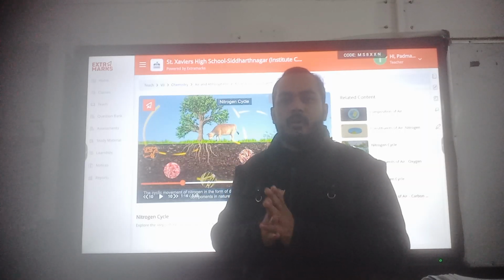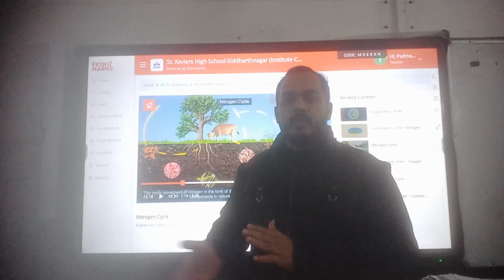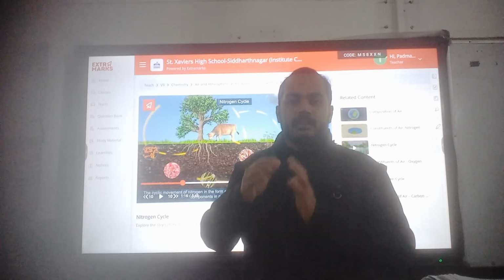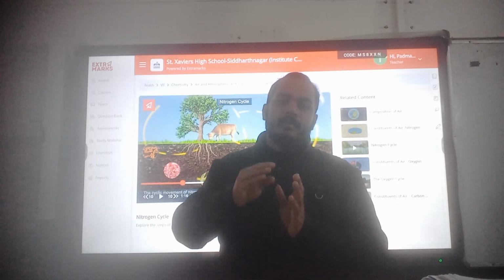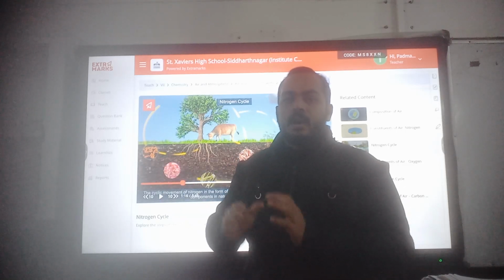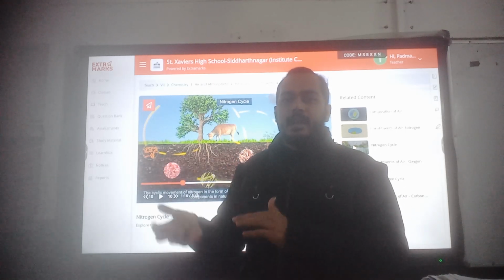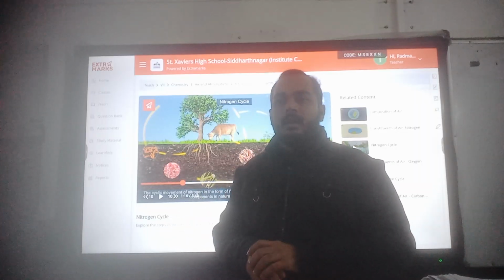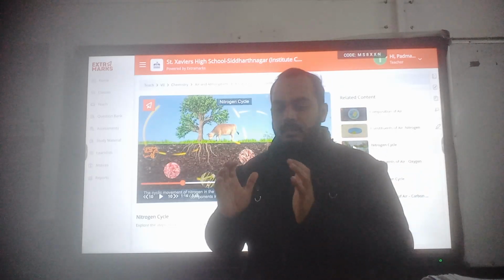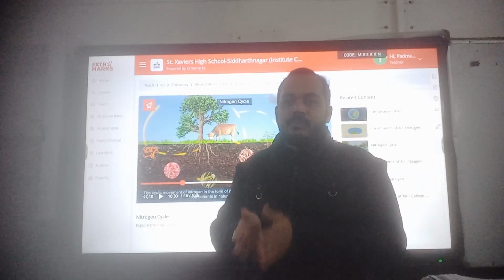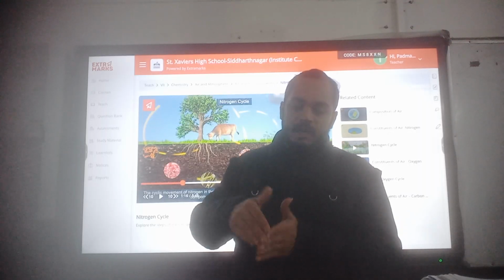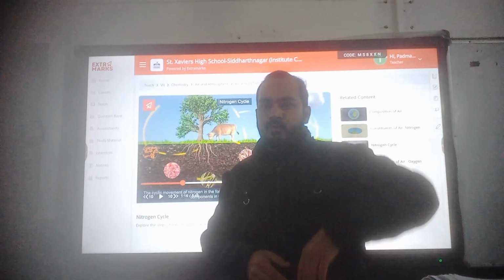The remaining will be stored in the edible parts, and herbivorous animals will consume these plants. In that way, some quantity of the nitrogen is transferred to the animal body. After the death and decay of the plants and animals, this nitrogen remains in the soil. Then by the ammonification process, the ammonia or nitrogen is dissolved in the soil, and some bacteria help convert it to ammonia and then to the gaseous form, which is sent back to the atmosphere.